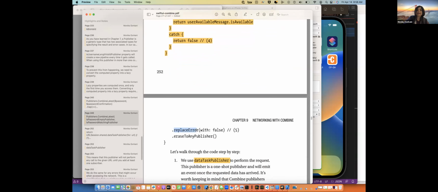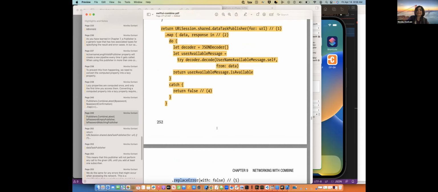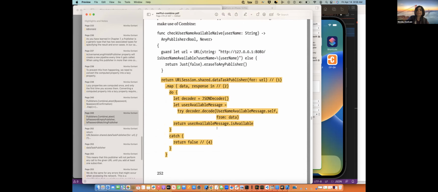And this replace error, he's going to get into more detail in the next chapter, but right now he's kind of ignoring returning the error as part of the results, which may not be great. So here, with this replace error, if at any point an error was thrown, we're just going to return false, because at the end, this publisher is just returning a Bool,